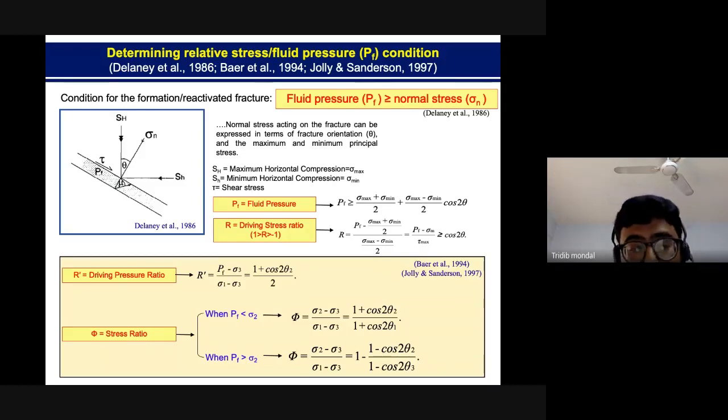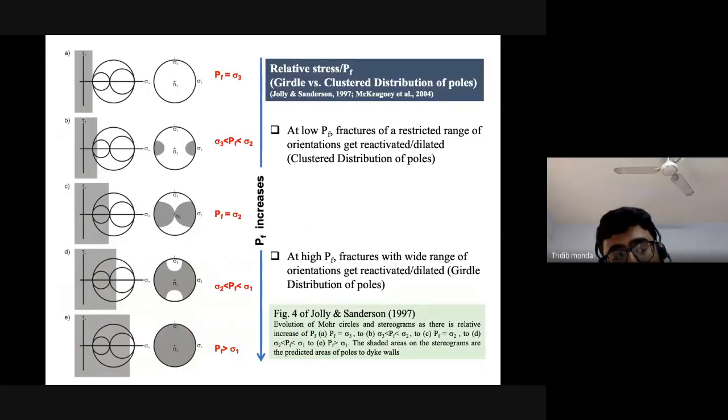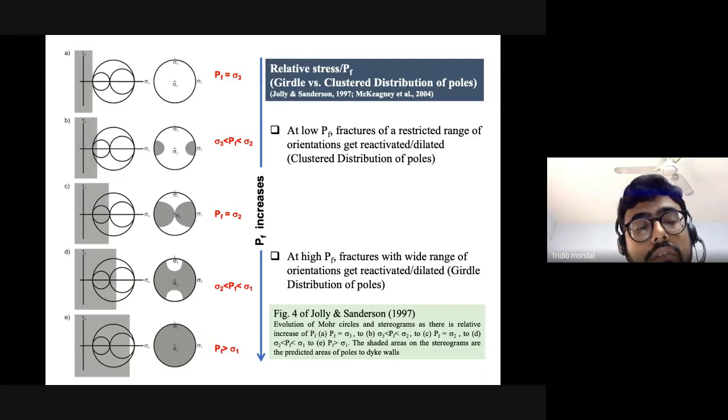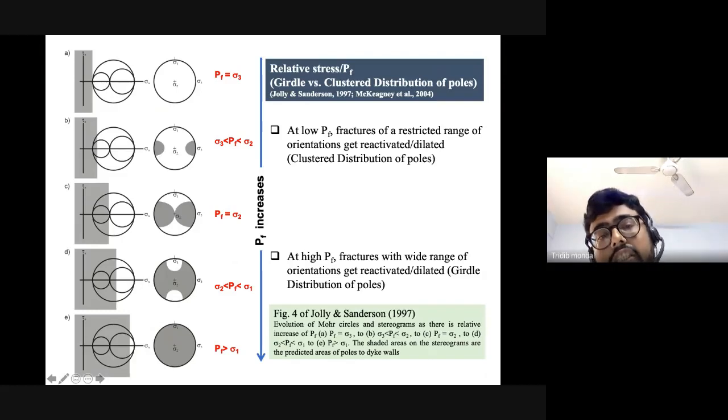If it is close to 0, the fluid pressure is very low. So following this, we can plot the pole to the vein data, and we can easily determine the relative fluid pressure conditions. For example, here, when the fluid pressure is very low, it is equivalent to the minimum principal stress, we can see